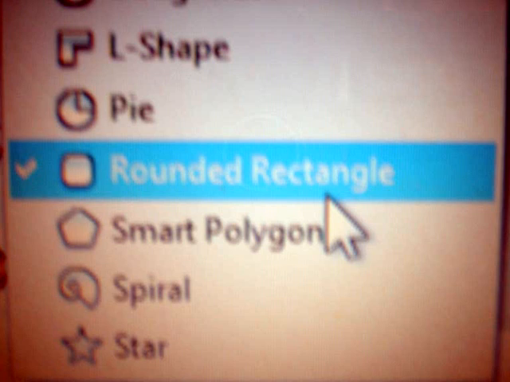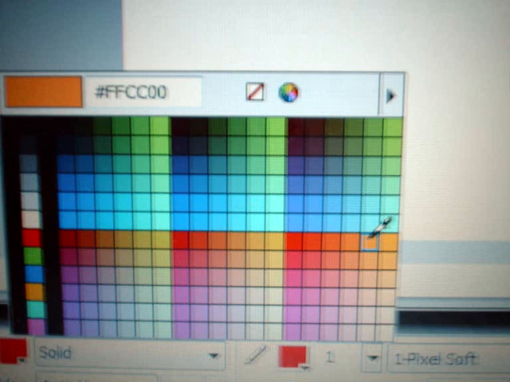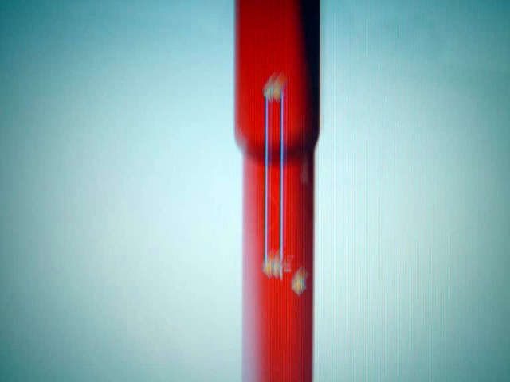Then go back to the rounded rectangle tool again. Now we're going to create the clip and select a goldish orangey colour. You'll see why in a minute. Now if you draw another rectangle between the top rectangle and the bottom one, then we can create a clip on the pen, as you can see here, but it doesn't quite match the other two,